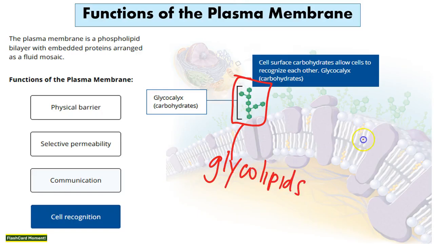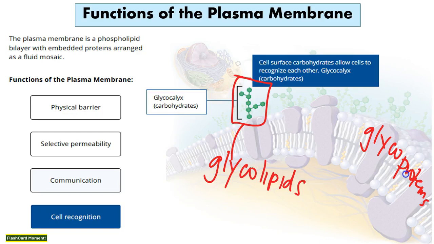And I just want to say you also have glycoproteins, because cell recognition is not just about having the carbohydrates attached to the phospholipids. They also can be attached to proteins. And again, if we know proteins are all about communication and sending messages inside and out of the cell, well, guess what? We can have glycoproteins that have the little carbs there that can help with cell recognition and communication,